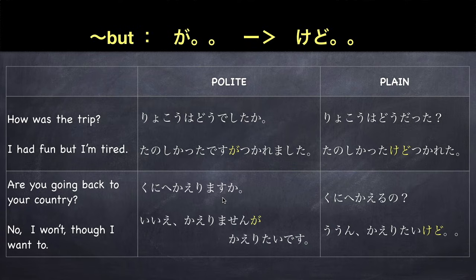Another example, are you going back to your country? 国へ帰りますか？国へ帰るの？ No, I won't, though I want to. いいえ、帰りませんが、帰りたいです。In plain form, you can say, 帰りたいけど。So here, 帰りません is removed because it is already implied from the answer, no. Though, I want to. 帰りたいけど。